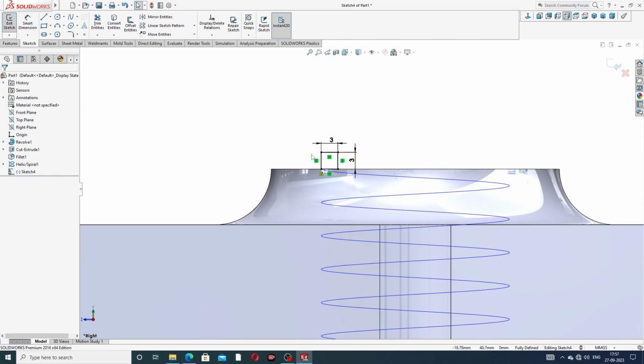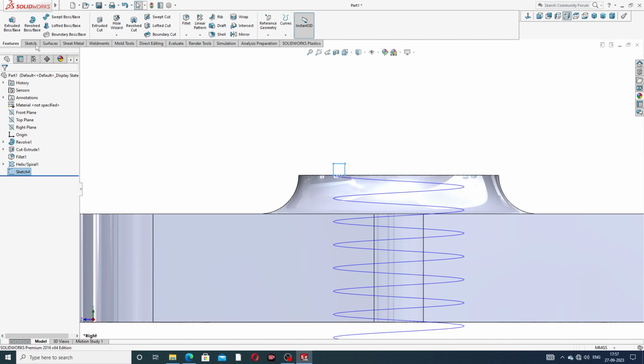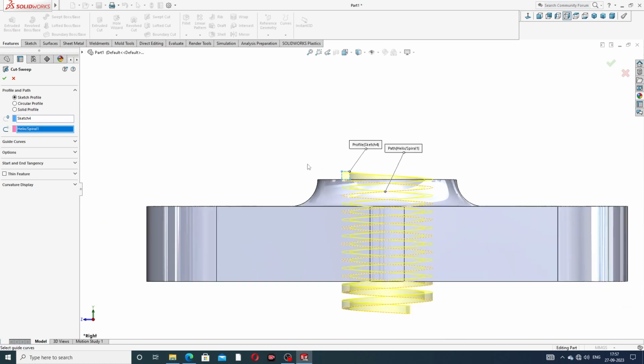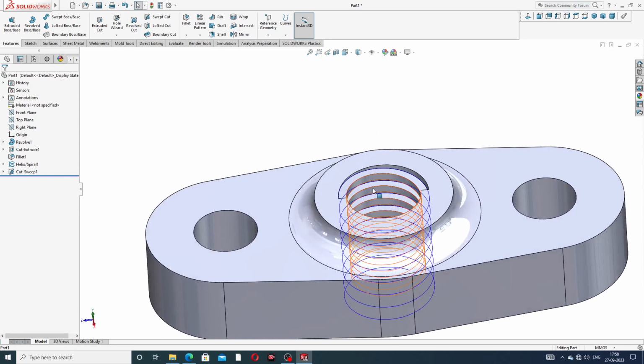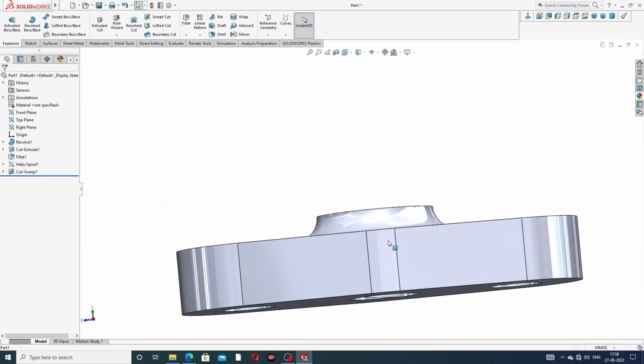Okay, this is black color, means this is also fully defined, and exit, and use a sweep cut, and for the sweep cut the profile is automatically selected here, and the path is selected here, this path. Okay, all is perfect, and all is correct, and click OK. Okay, this line is hidden, and this thread is also drawn here easily and clearly,